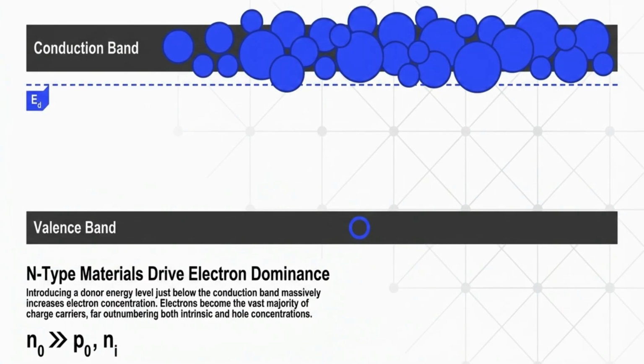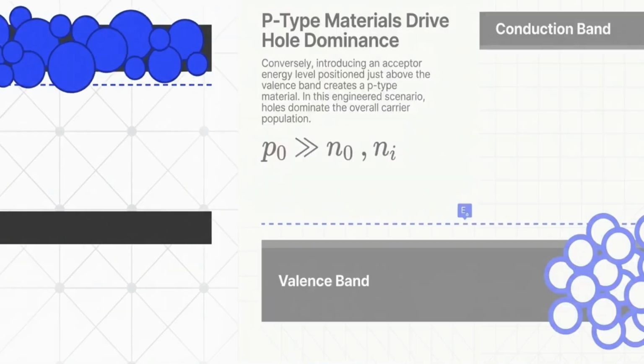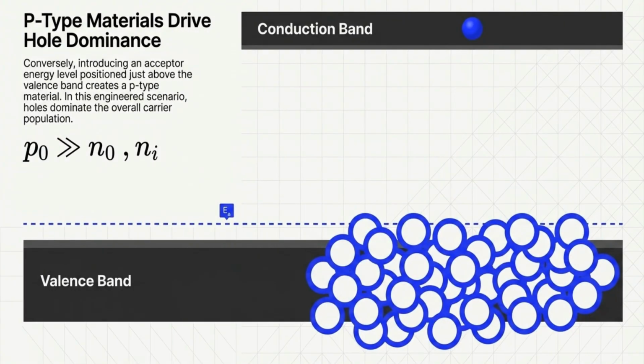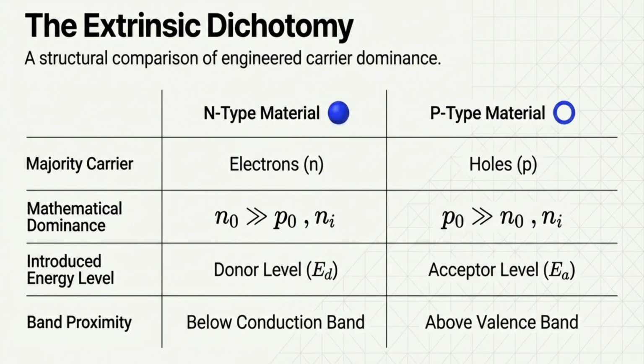Introducing a donor level creates N-type materials, driving electron dominance. Here, electrons massively outnumber both intrinsic and hole concentrations. Conversely, introducing an acceptor level results in P-type materials, where holes dominate the overall carrier population. This table summarizes the extrinsic dichotomy, comparing N-type and P-type materials based on their majority carrier, mathematical dominance, introduced energy